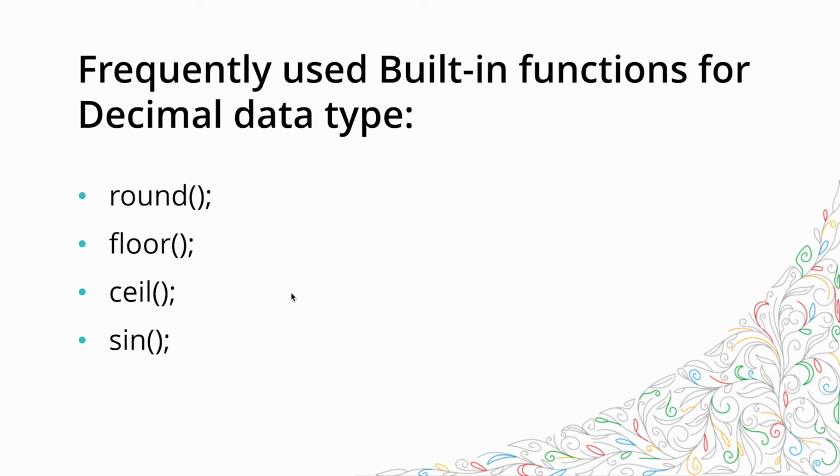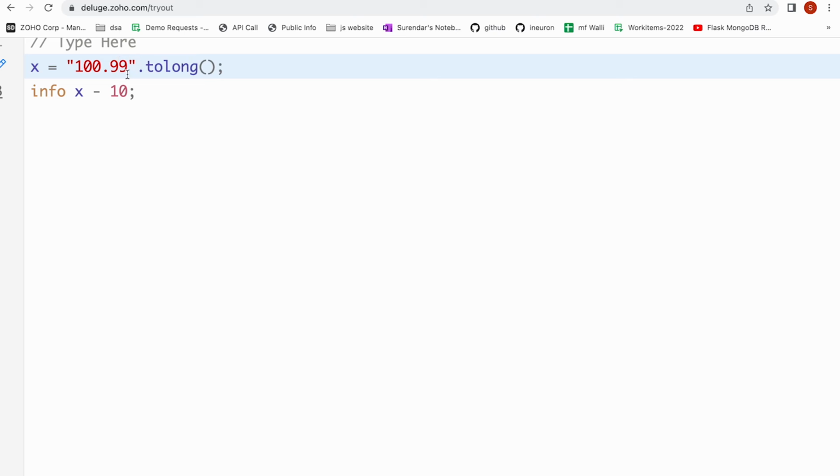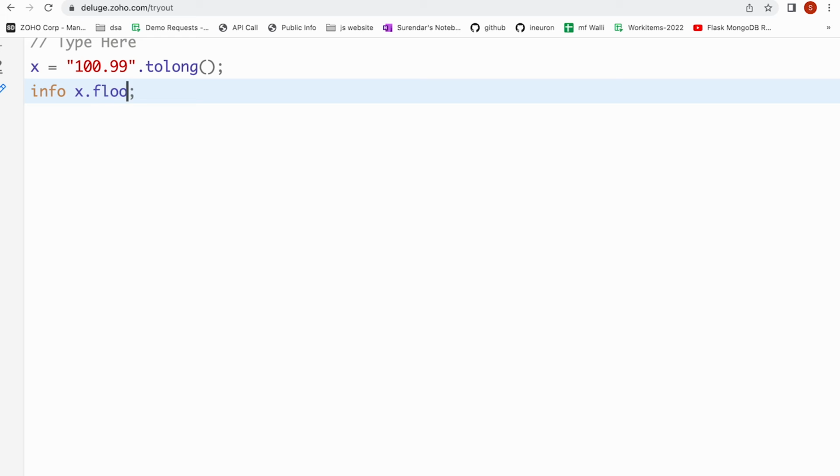Okay, so these are the frequently used functions. So we can round off the decimal value to a certain number of decimals, a certain number of values after the decimal point. We have the option to floor, we have the option to ceil. So when we say floor, it actually rounds the value to the lowest possible value. So let us take a look. Okay, so now let us say 100.99. Okay, so if I say x dot floor,